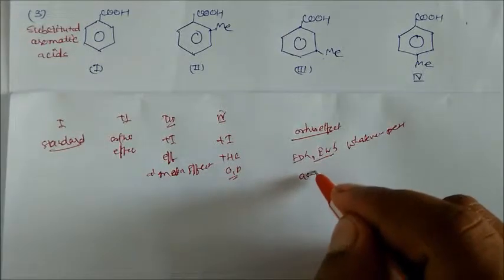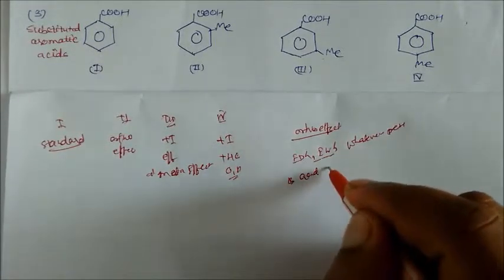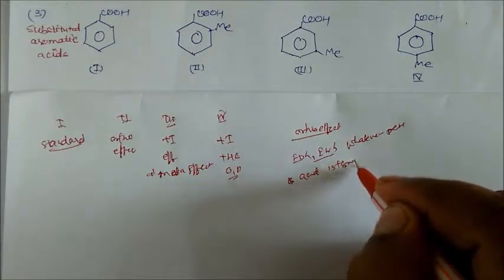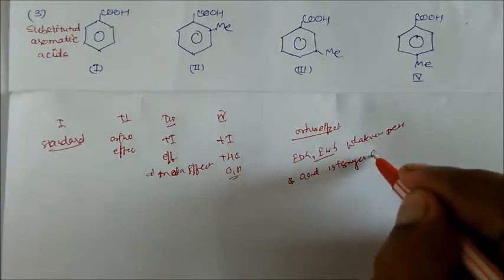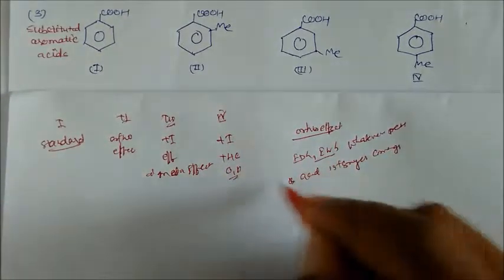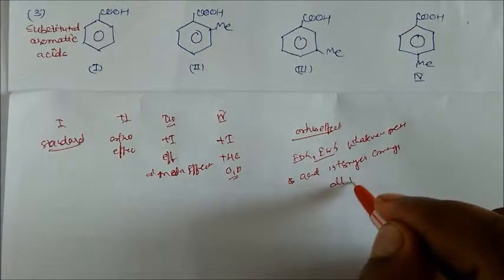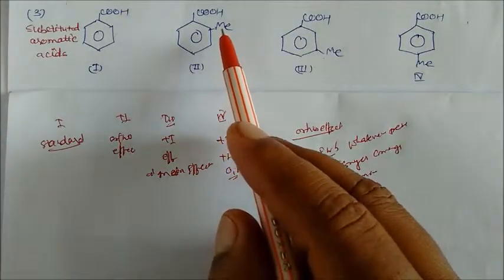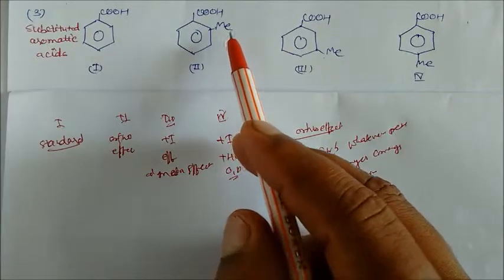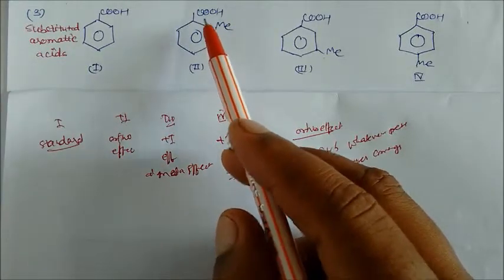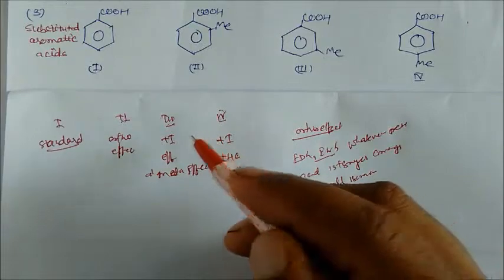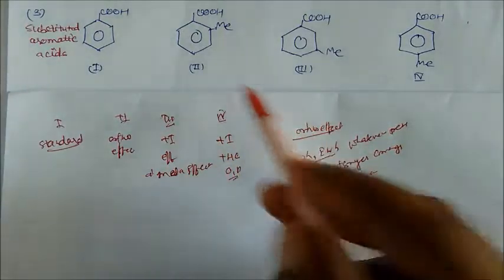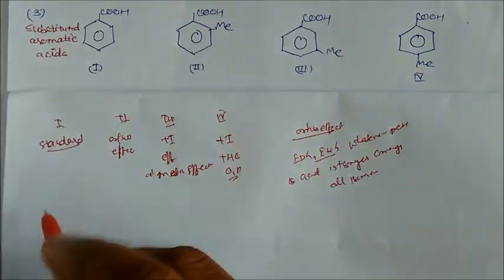The benzoic acid will be the strongest among all isomers, because the ortho substituent will cause some steric hindrance. This will create some less effect on the carboxylic group. So the ortho isomer is more acidic, and then the order of acidity will be,